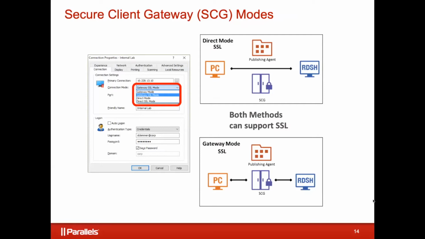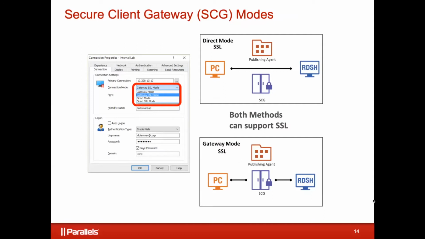Gateway mode usually is done for security or if your networking requires it, right? And I'll talk about networking in a moment. But essentially, users cannot get to the remote desktop servers over port 3389. Right, maybe they're at home. We definitely don't want to expose 3389, the RDP port, to the internet, or maybe don't even do that in the office. But essentially it would mean they can't get to the remote desktop server over port 3389, and so they have to tunnel through the gateway.